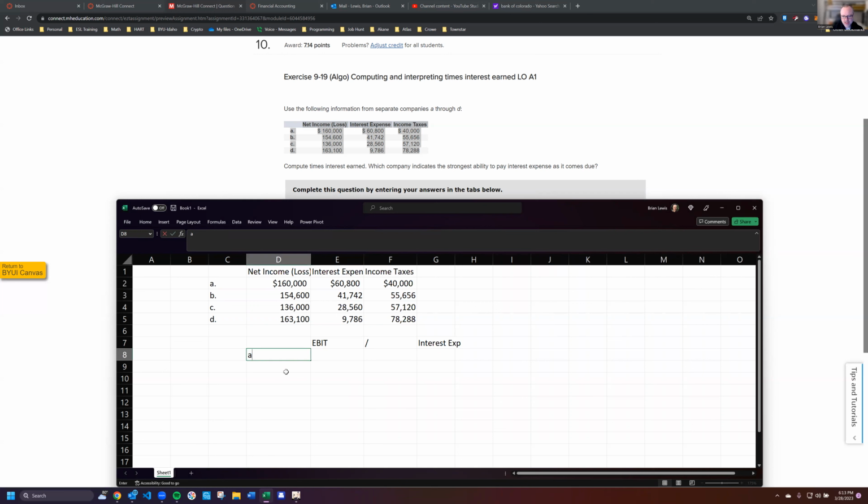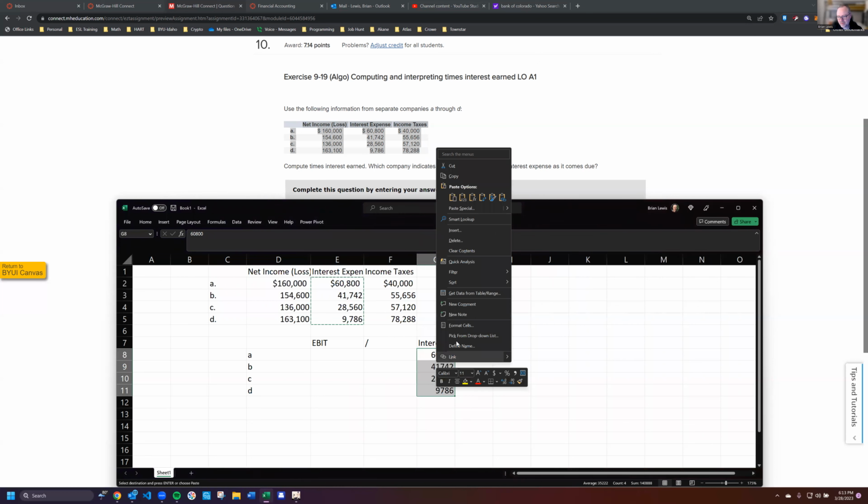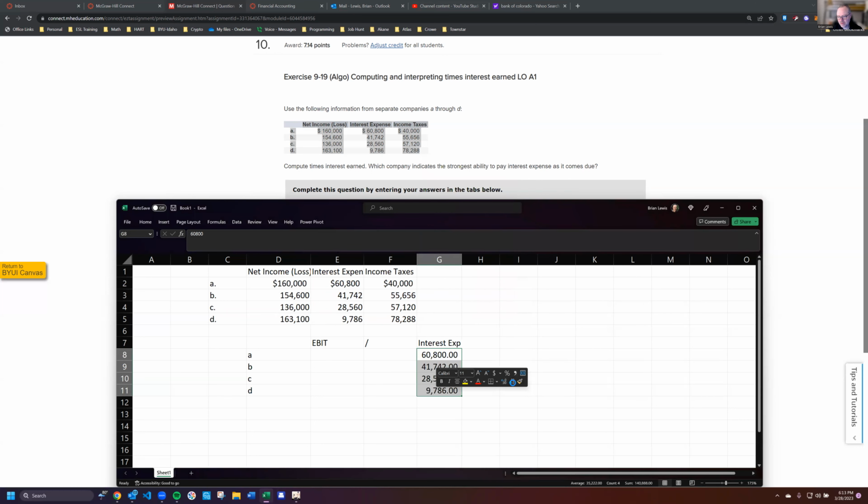We'll just do A, B, C, D, and we'll just copy all this and paste it here. Okay, that's the easy part. And let's do a little formatting so I can keep track of what's going on. There we go. Okay, equals the TIE, times interest earned. Okay. Now, EBIT earnings, which is this,